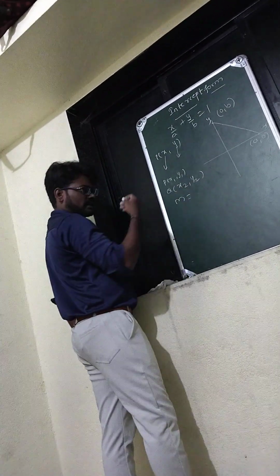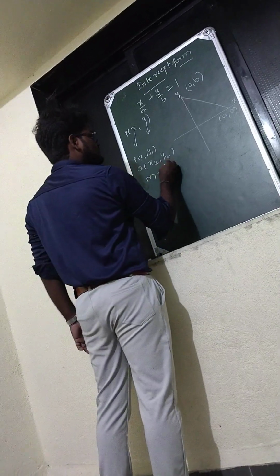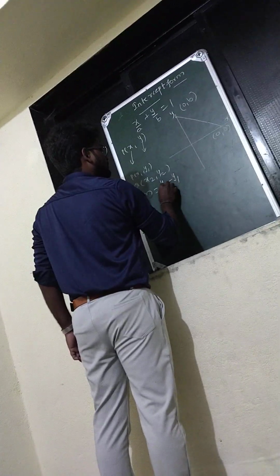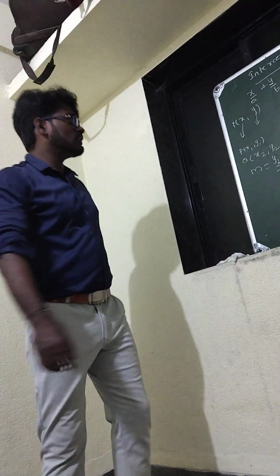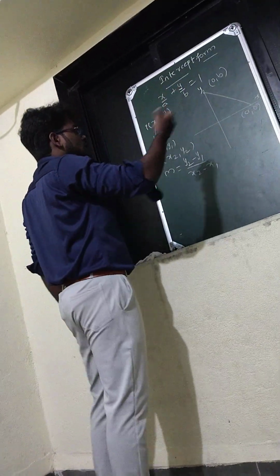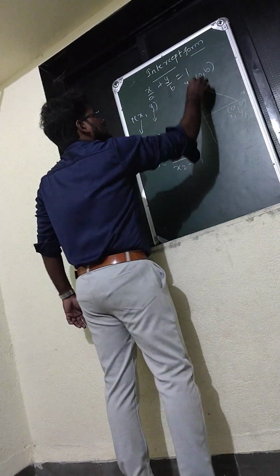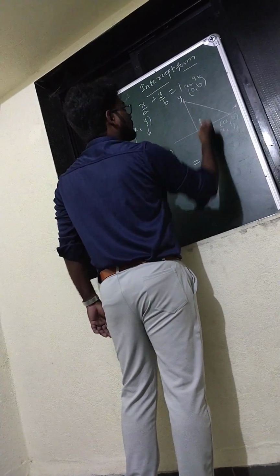According to the same, y minus y1 equals m into x minus x1 form. You know that form. Then m equals y minus y1 by x minus x1. The proof is the same. And m equals y2 minus y1 by x2 minus x1. Both proofs are the same. Here this is x1 y1 and this is x2 y2.